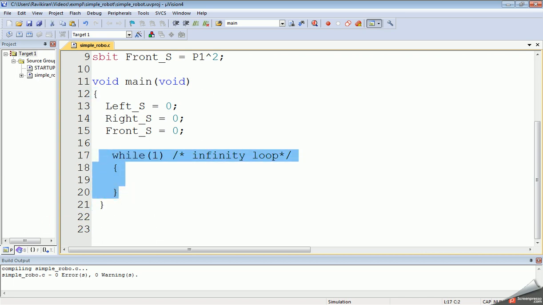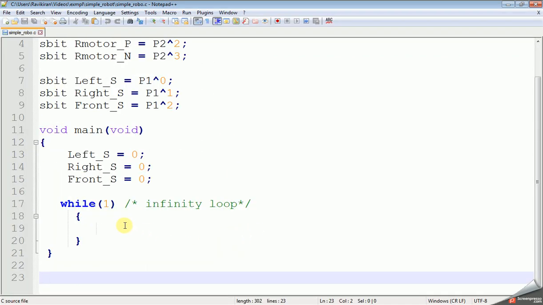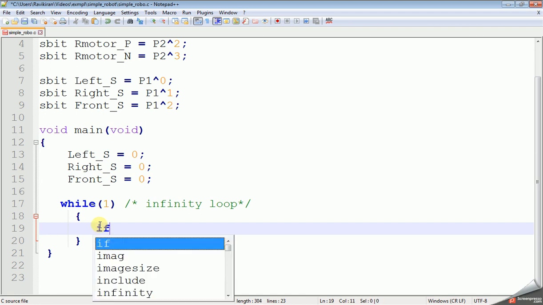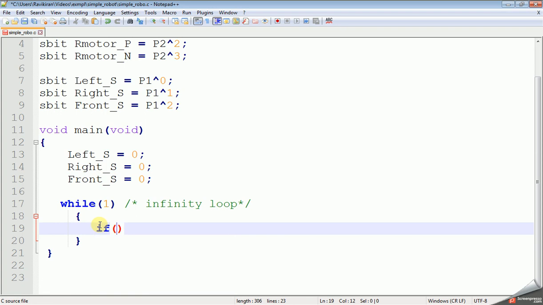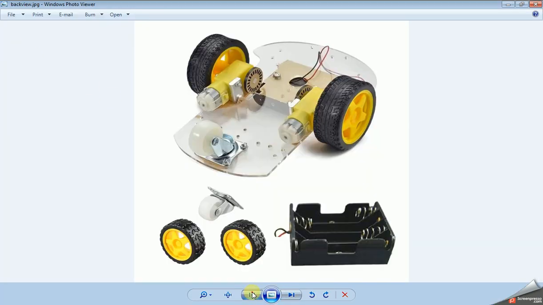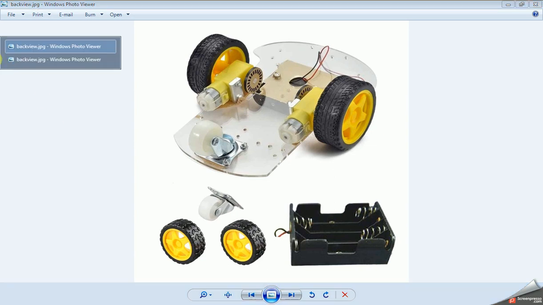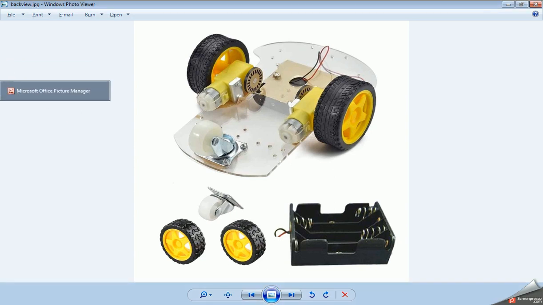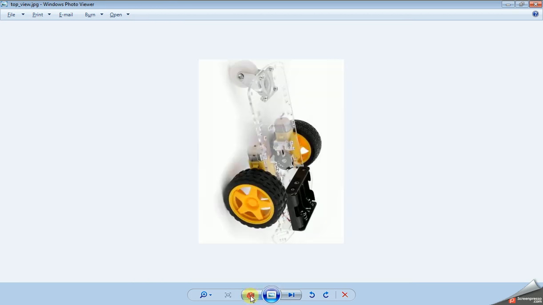I'm just using Notepad++. The logic will be, as you know, if there is an obstacle at the left side, the robot has to move forward. Whenever there is, I will show you the original image.